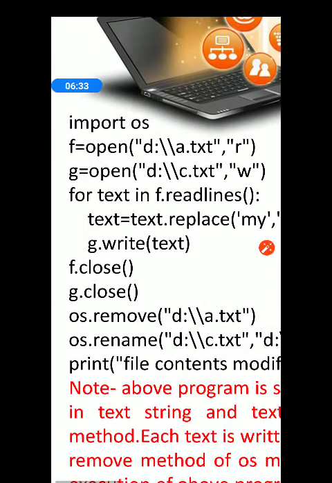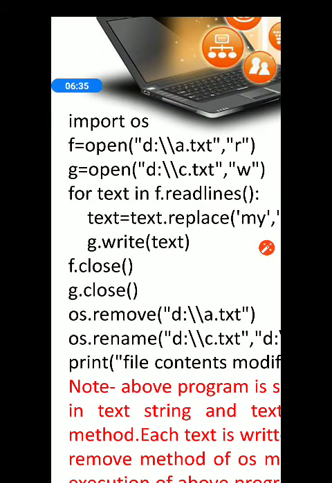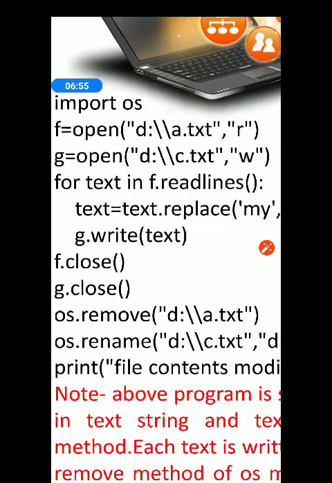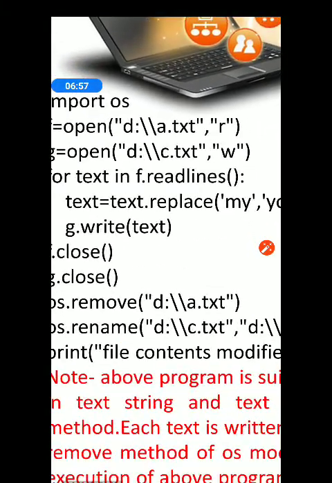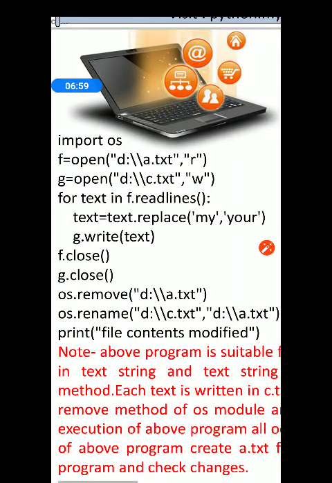Now what we are doing is take a for loop: for text in f.readlines. This line is telling us that whatever lines are in a.txt, we have to read them one by one into text. So first line it will read and it will supply it in the text. So in this text what we are doing is text equals text dot replace, my को your से replace कर दे रहे हैं.